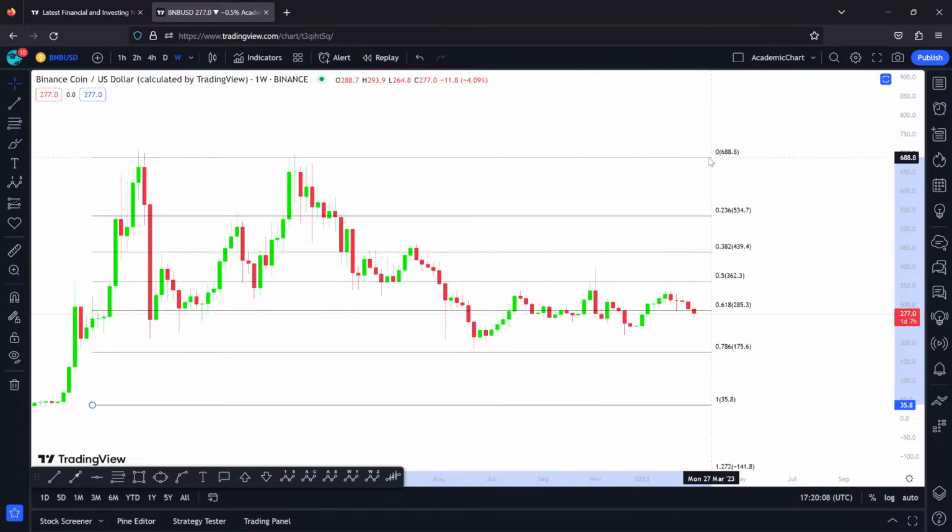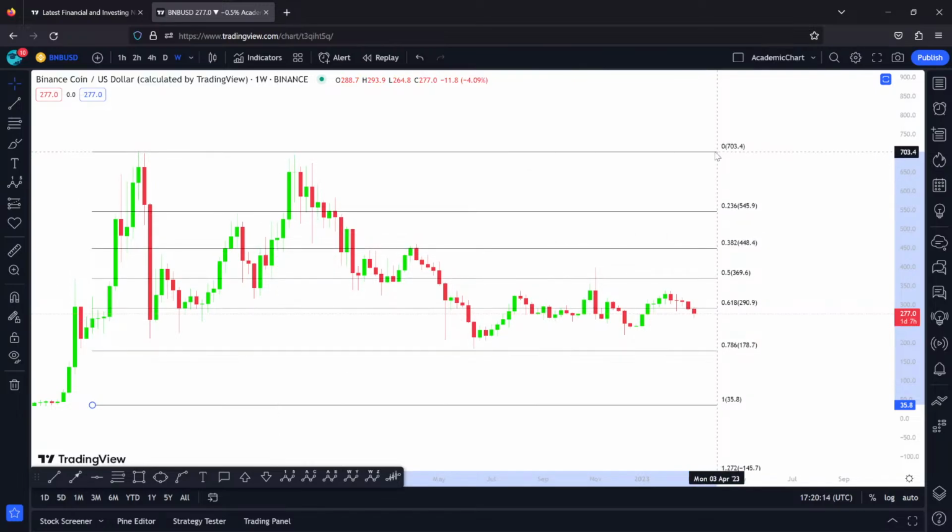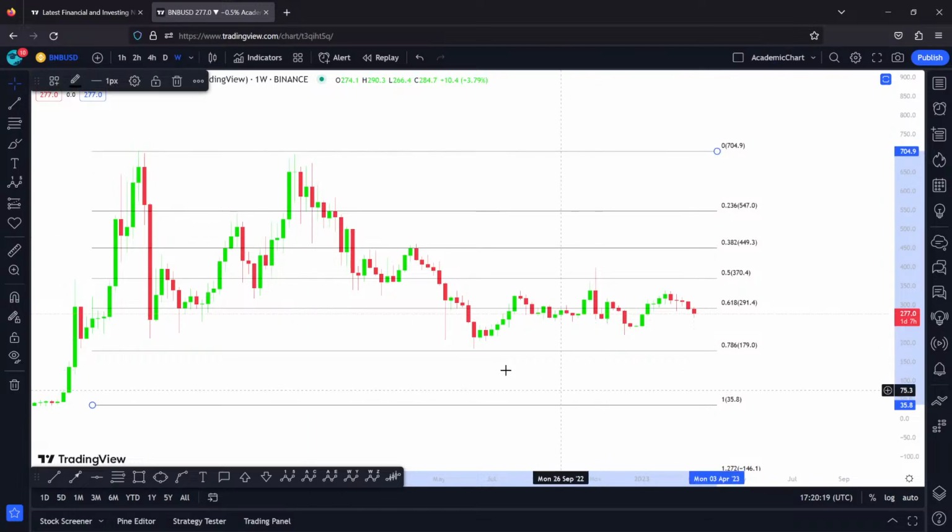Let me expand them a little bit. After reaching, let's draw it a little more accurately, I can see obviously price reacted to this level, which is the 78